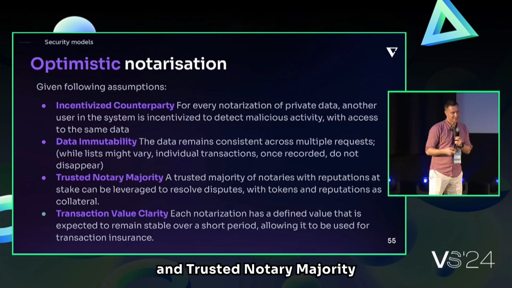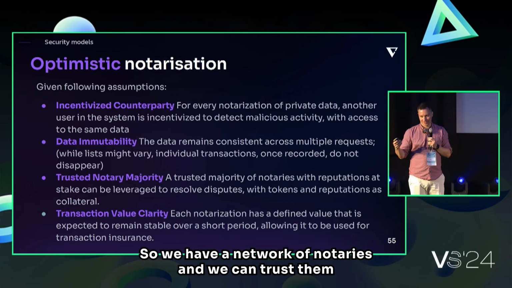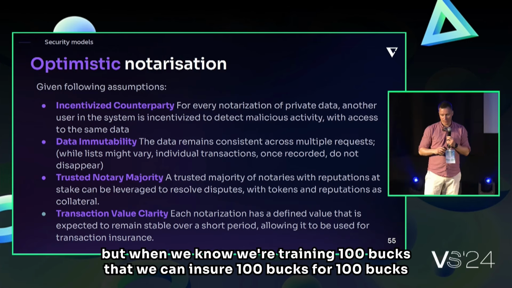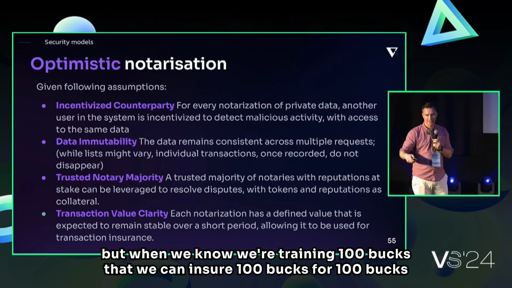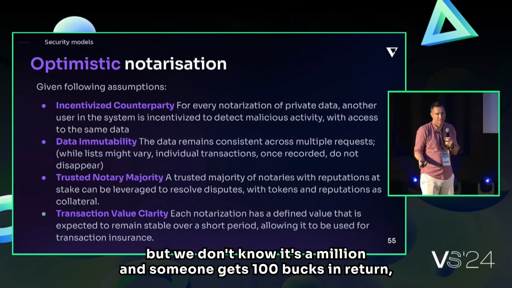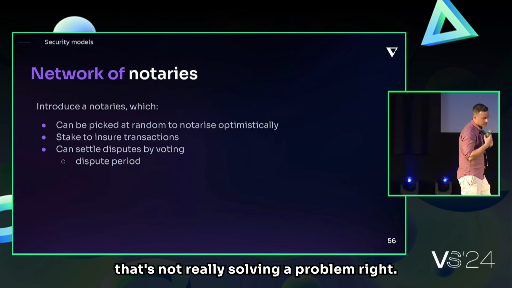And trusted notary majority, so we have a network of notaries, and we can trust them. And transaction value clarity, this is kind of optional. But when we know we're trading $100, then we can insure $100 for $100. If we're trading $1 million, but we don't know it's $1 million, and someone gets $100 in return, that's not really solving a problem, right? So